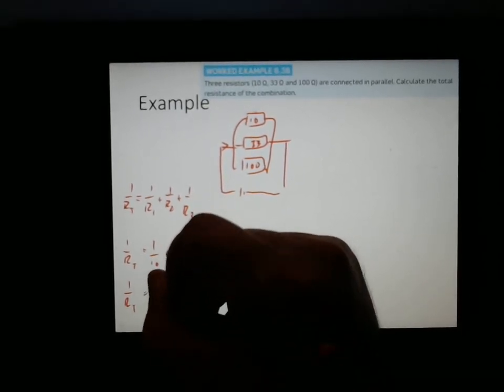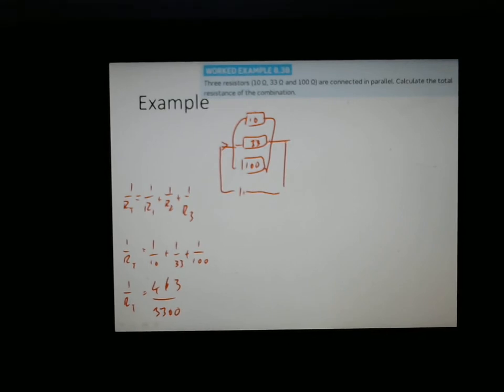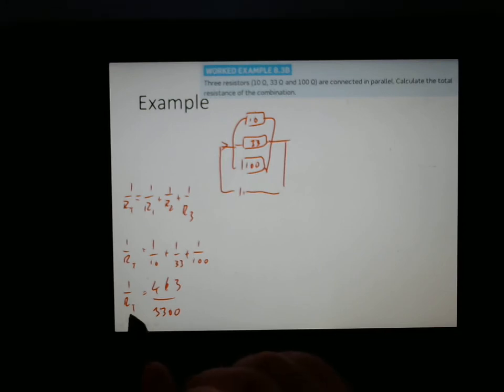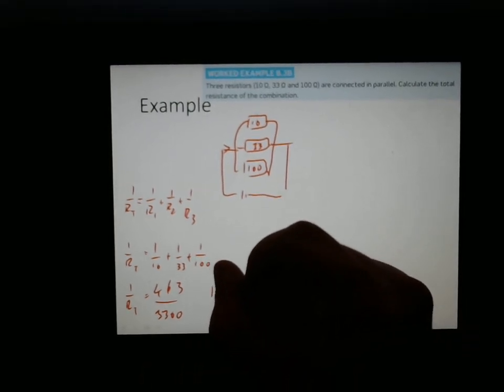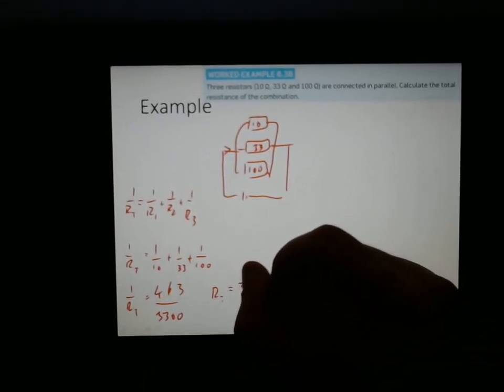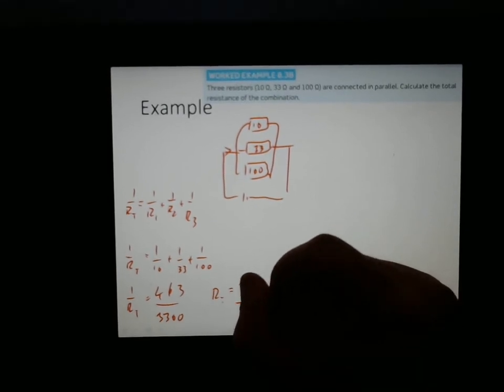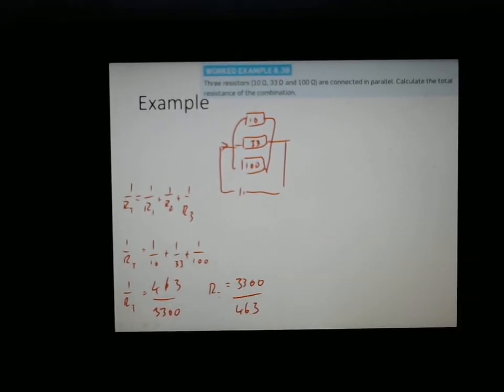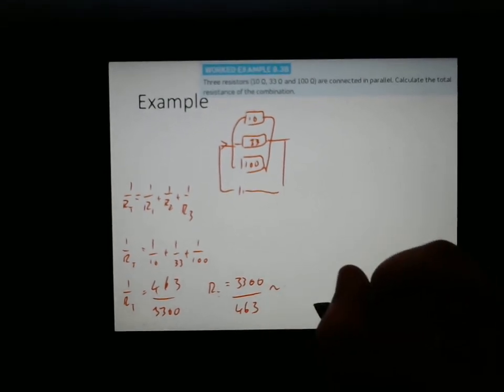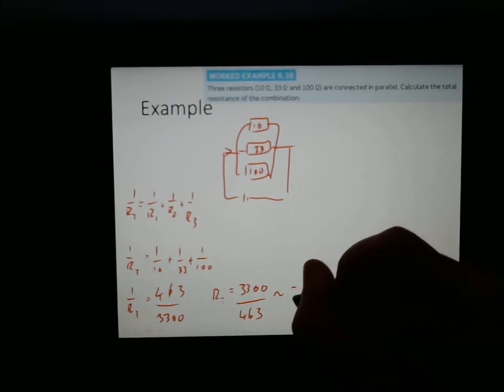463 over 3300. And we can see that the bottom here is just the multiplicative of all those, but the one on the top is a very ugly pain to work out, so let's not do that. And so now we can see that if I want to work out RT it will just equal 3300 over 463, which is pretty easy to do. Divided by 463, and so the approximation is about 7.13